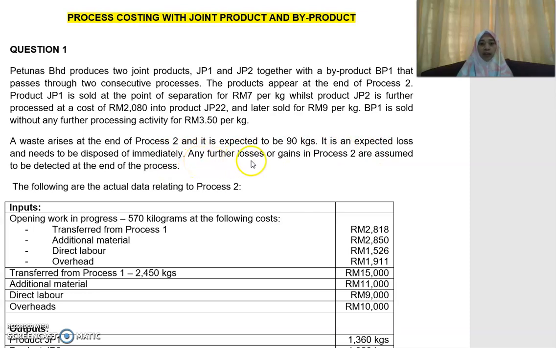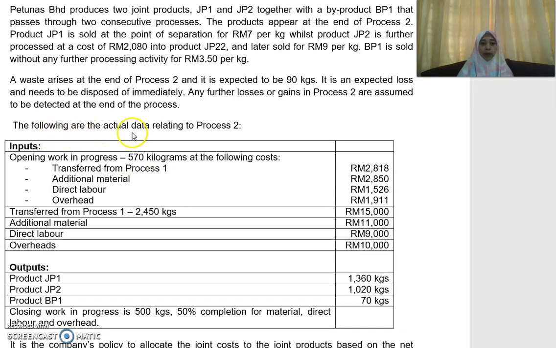Any further losses or gains in process 2 are assumed to be detected at the end of the process. For your normal loss, it is to be disposed of immediately, which means it has no sales value or scrap value. And then the following are the actual data relating to process 2. So you have the input, you have your opening work in progress,